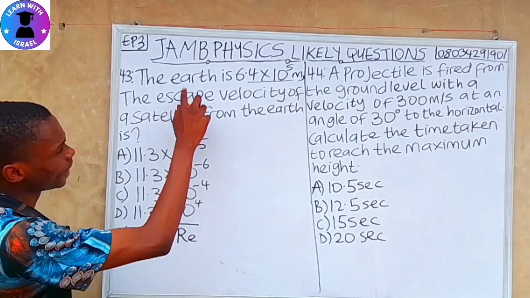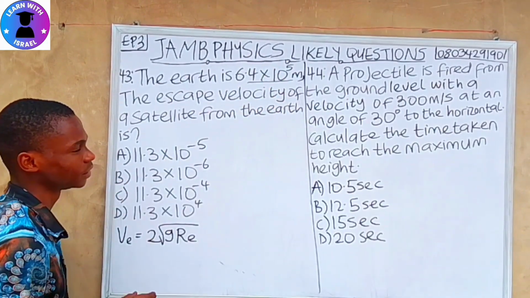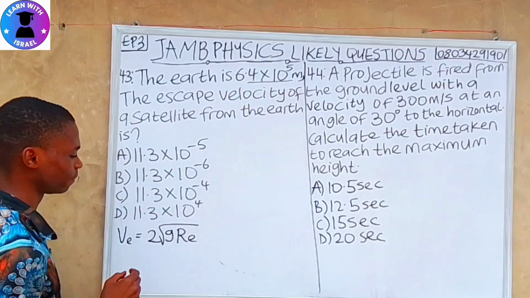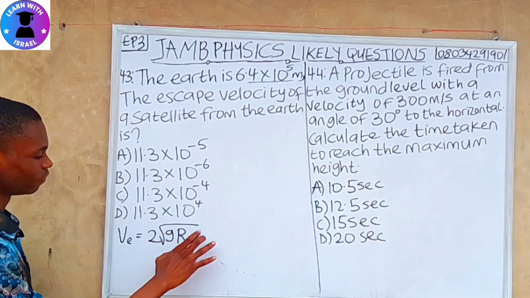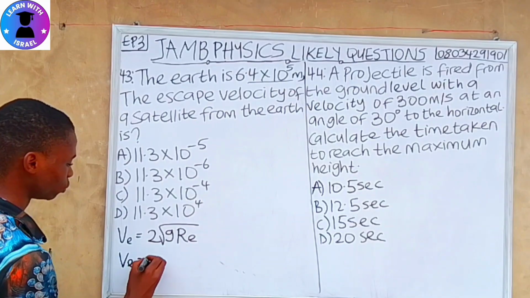They say the Earth's radius is 6.4 times 10 raised to power 5. So we know our values now. So let's input. Our escape velocity equals 2